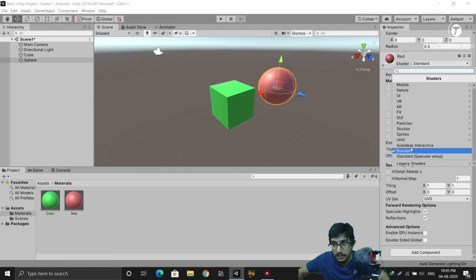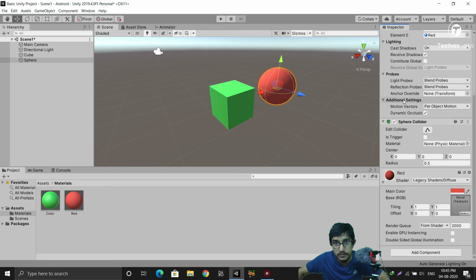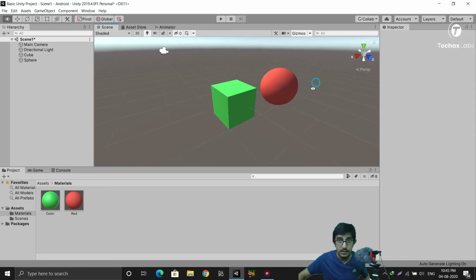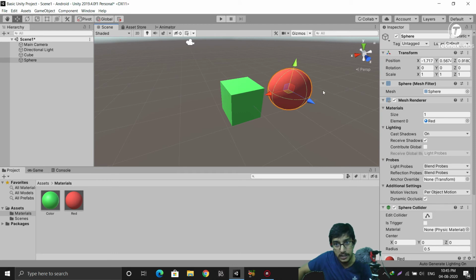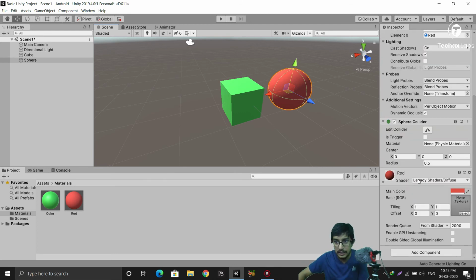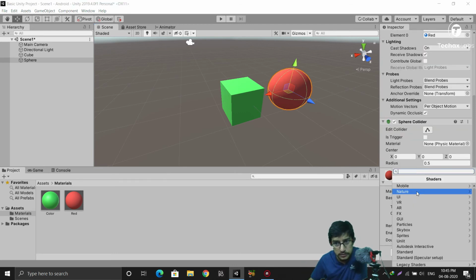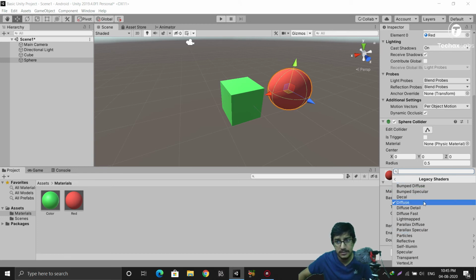and let's select some other shaders, legacy shaders and diffuse. So here you can see the colors in this diffuse option are actually a lot better than standard, and I will tell you, you should try all the shaders and see which looks best for your scene. If you ask about me, I generally use standard or standard specular setup and legacy shaders, and actually all of the legacy shaders. I just check randomly, and whichever suits best for me I just keep it.